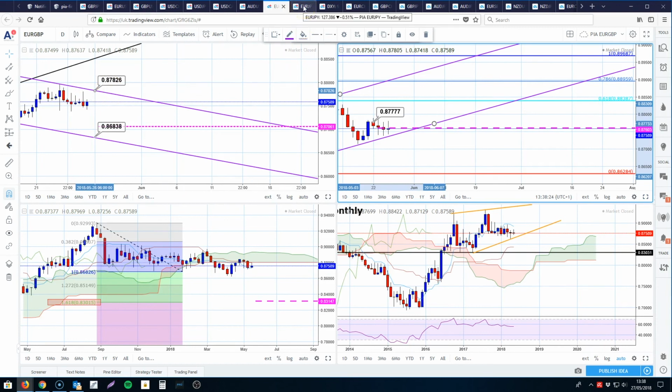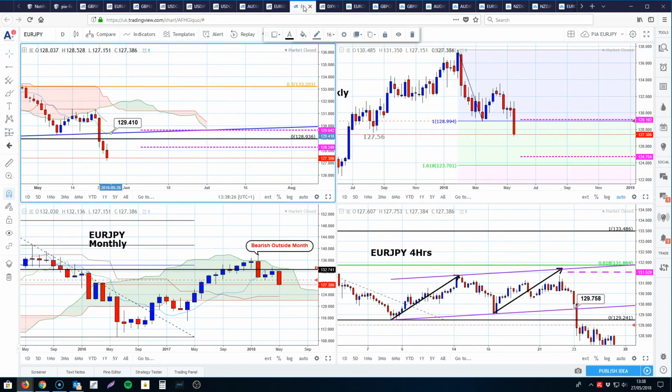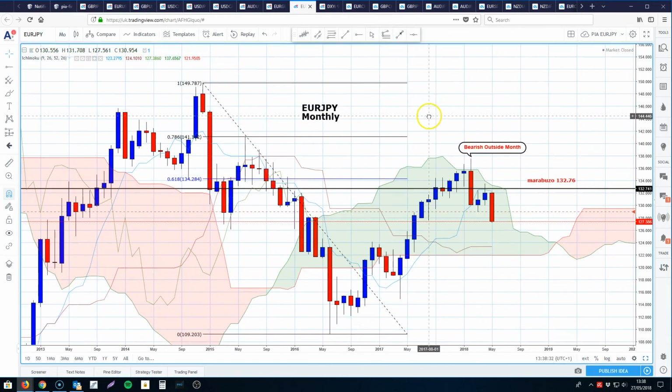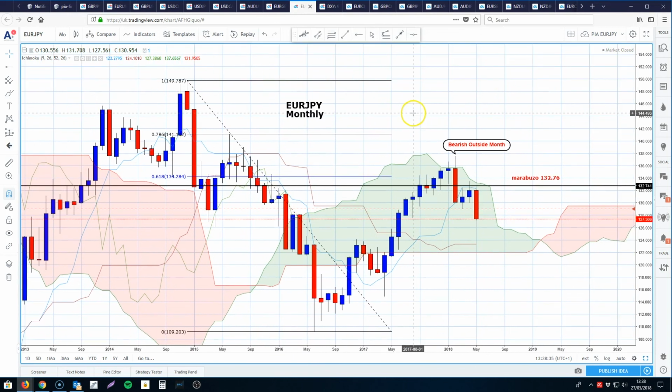Euro yen was one of our prime plays, if you like. From a technical analyst's point of view, it did everything it should have done. Bearish outside month in February, the Marubozu level held, which is 132.76. That's the midpoint from the open and the close, and then we've seen a break of the low. We've actually got two inside soldiers, if you like,